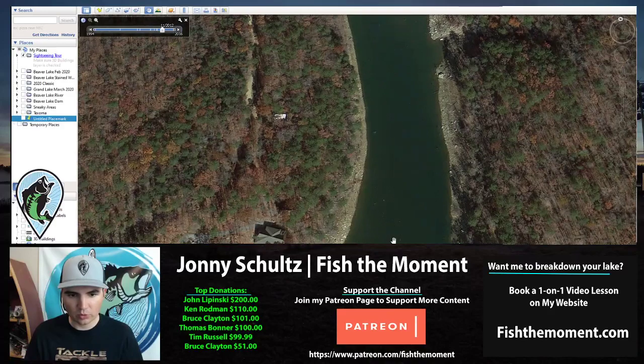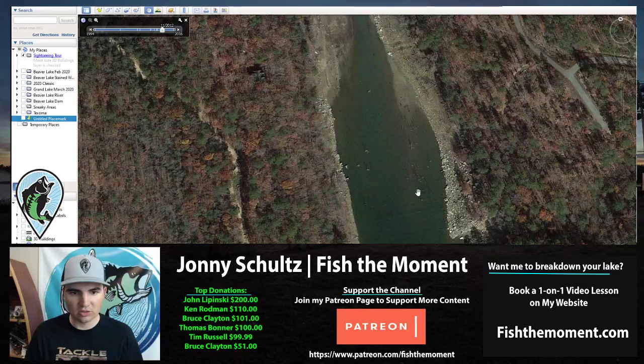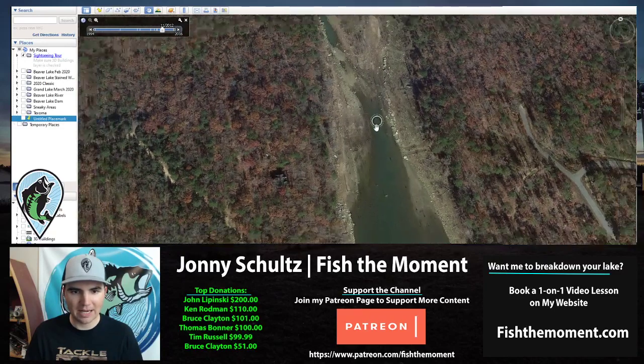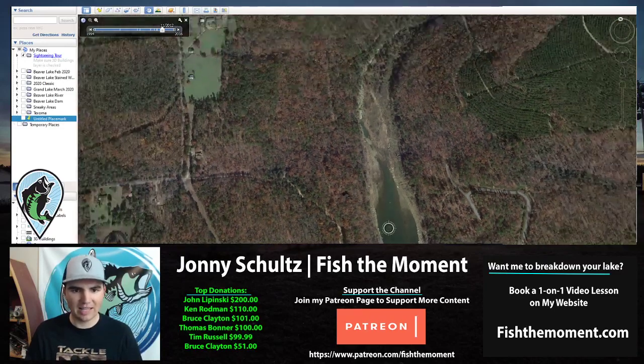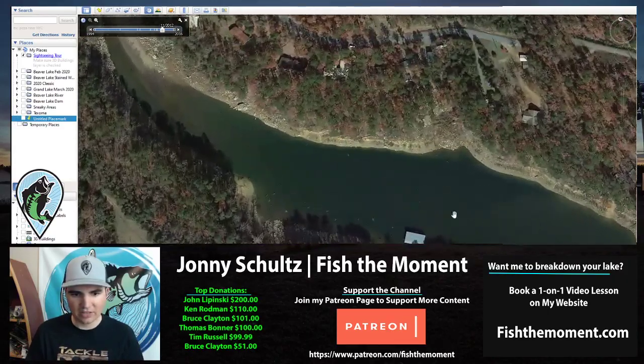And one thing I noticed in this creek is that there was a lot of standing timber, and I knew that during my tournament it was going to take a long time to get back into this creek, so I actually didn't bother with this creek just because it was going to take a while to navigate. But the reason I chose this creek in particular is that it didn't have as much standing timber, and also